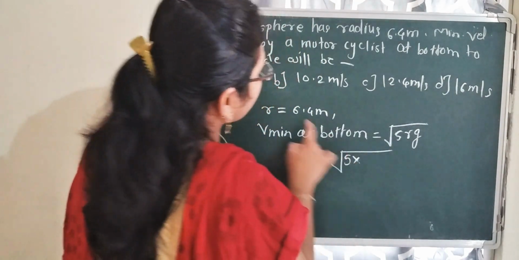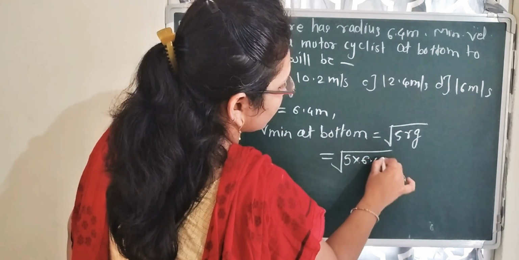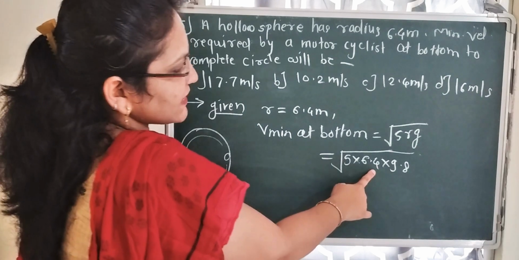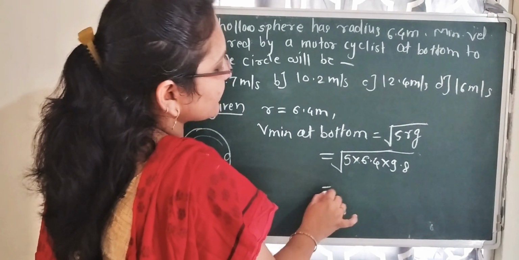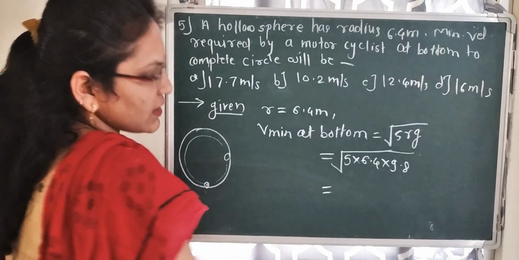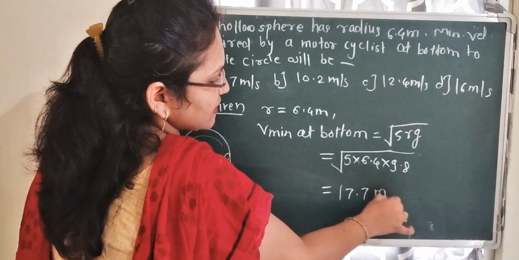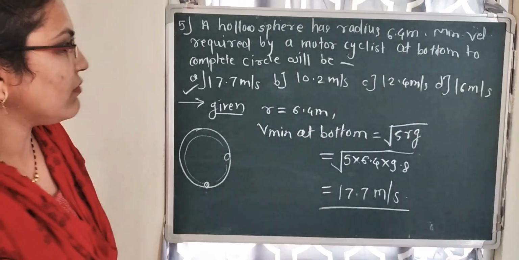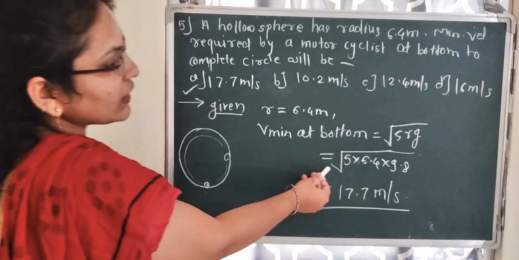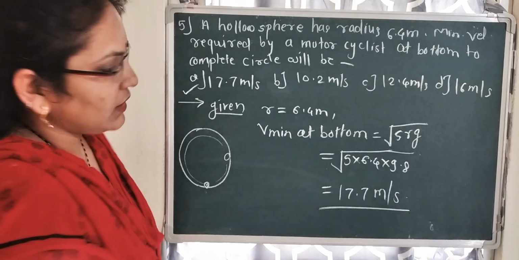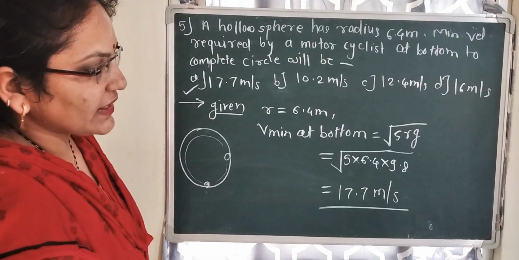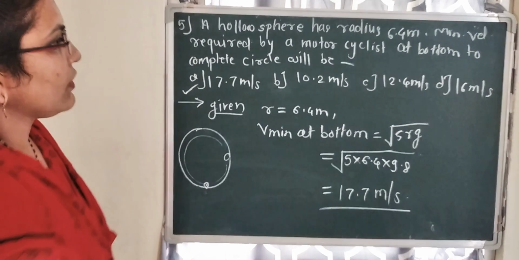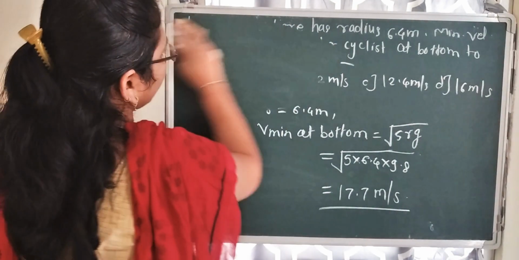5 into what is r? 6.4 into 9.8. 5 into 6.4 into 9.8. If you solve this, then we get the answer 17.7 meter per second, which is option 1. Okay, you can solve this by using the log table. Then we get the answer 17.7 meter per second. Okay. Then next example,